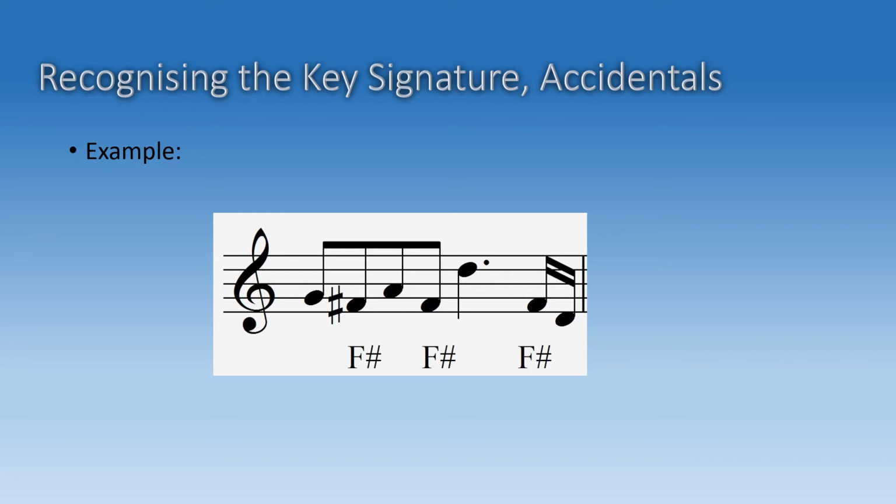There was a mistake at the end as the student forgot to play the last F note as an F sharp. Because of the first F sharp note, all the F notes in this bar become F sharp notes as well. So the correct one should be